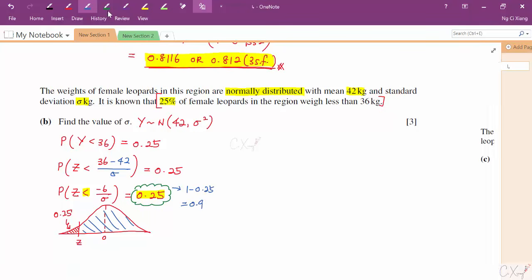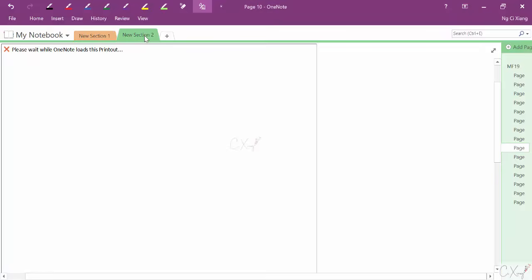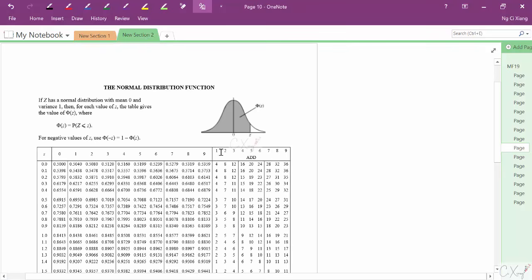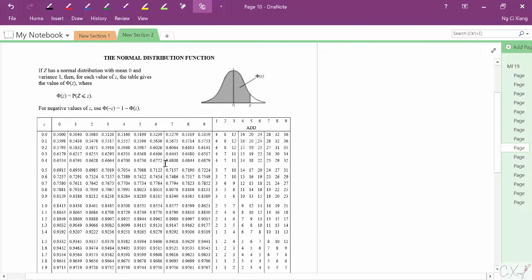So instead of looking for 0.25, we should look for 0.75, the area from the table. Okay, so I'm going to look for 0.75 here. If you want, you can have a look for 0.75 from the table itself. Look for a smaller number that is closest to 0.75, where I think it should be this one,